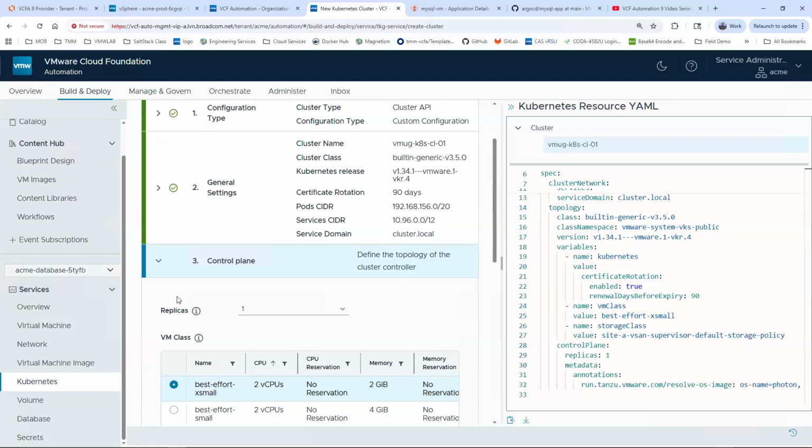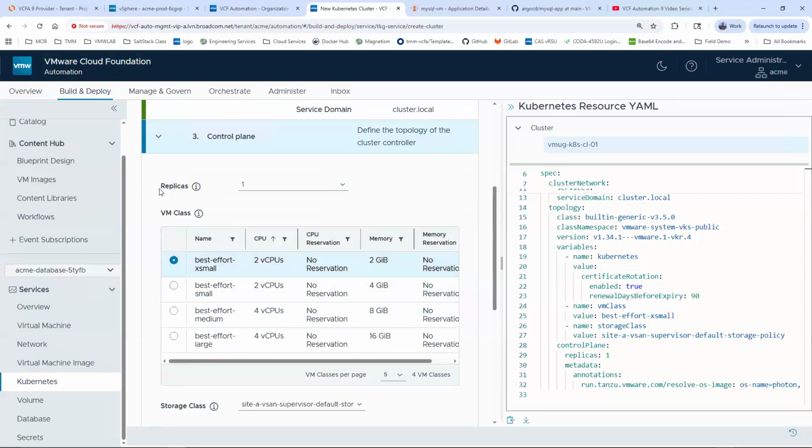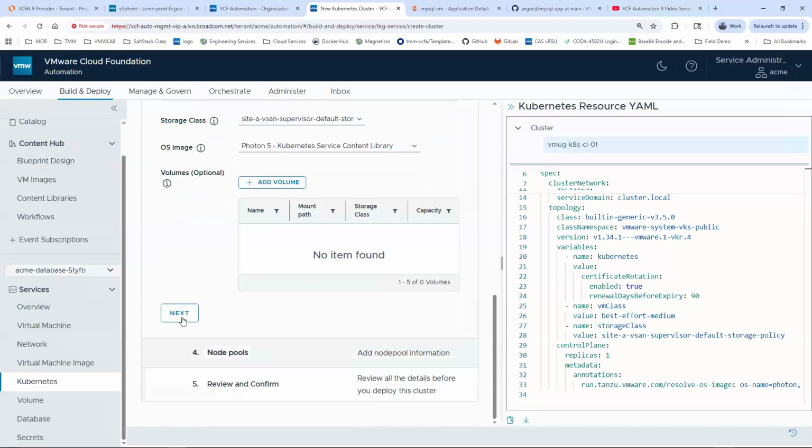So when you're creating persistent volume claims or persistent volumes, it will automatically and dynamically create these volumes on the VKS cluster. The number of replicas in terms of how many control plane for the cluster, the size of the cluster for the control plane. Let's go medium, and then the backend storage, whether I want to use Photon or Ubuntu, we support both,